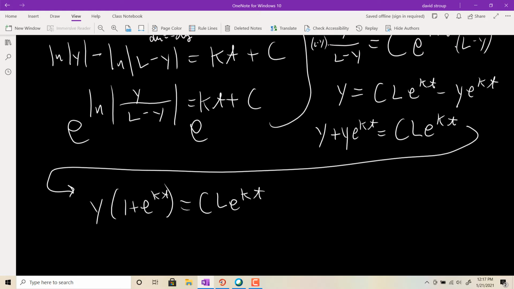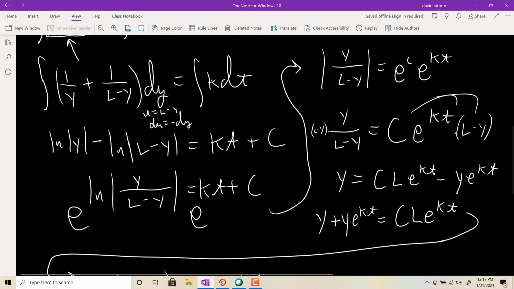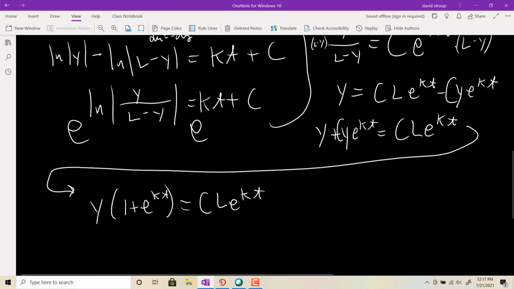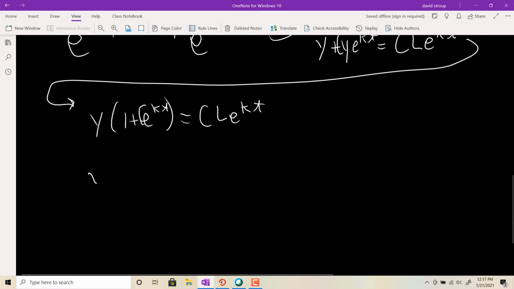Did I lose a C somewhere? Yeah, I lost a C on this. Okay, so C has to be on y. Sorry about that. And then there's going to be a C on that guy. Divide both sides, so I get CL e to the kt all over 1 plus C e to the kt,